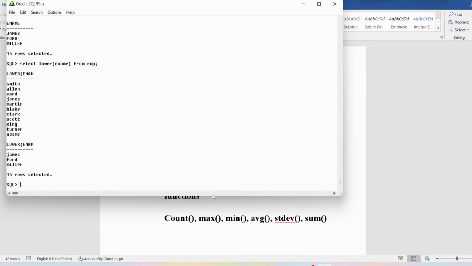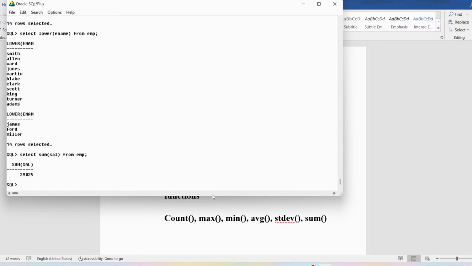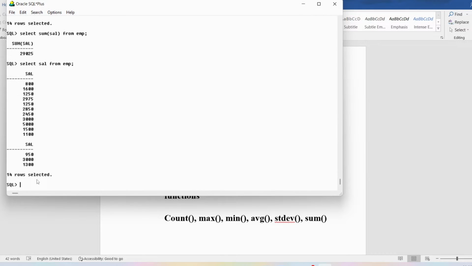If you want to practically verify, let me compute the sum of salaries from the EMP table. Then you can see we got one value for the entire table. If I display the salaries from the EMP table, you can see 14 rows are selected, meaning 14 salaries are there. Now if I use the sum function, it will perform the addition of the salary in each row. So 800 plus 1600, 2400 plus 1250, like that it will perform the addition, and it got the output as